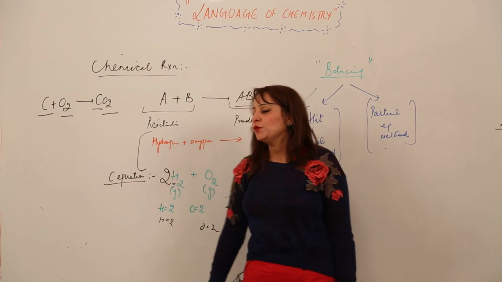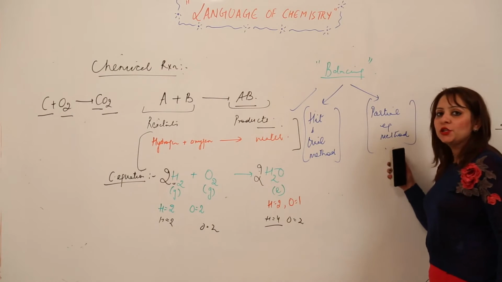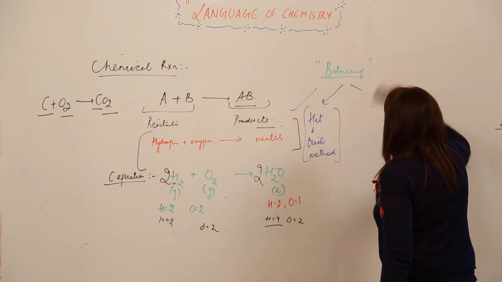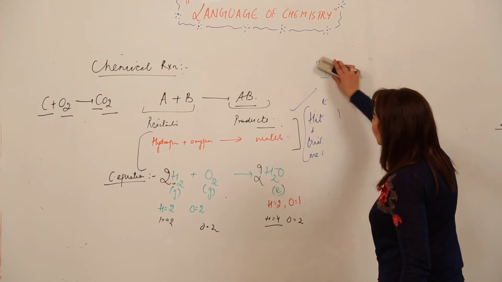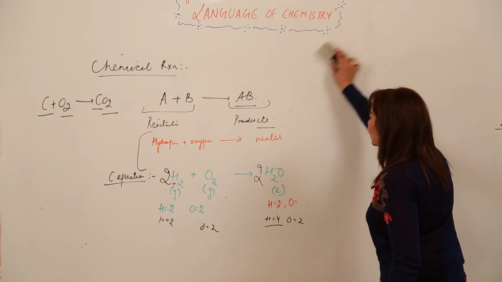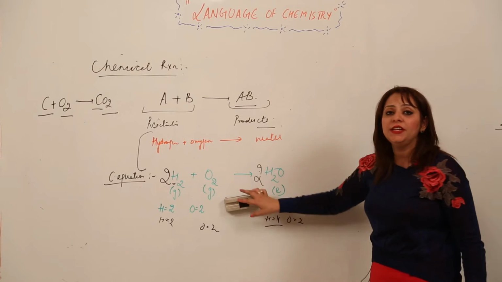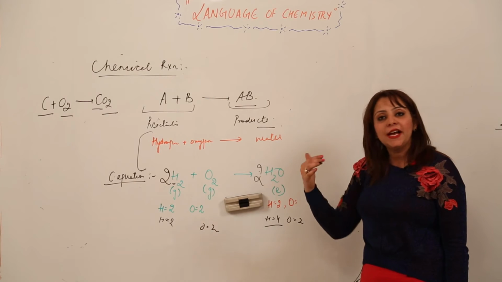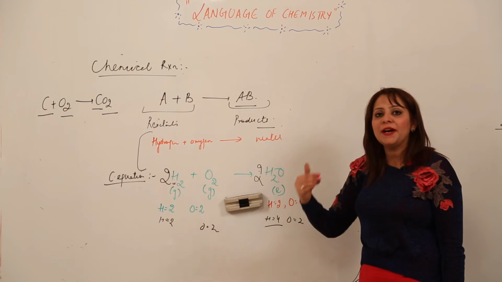The next method we are taking up is the second one, the partial equation method. Just look at the board to see how we can balance the reaction by using the partial equation method. For this you need to divide the reaction into various steps, because we need to balance the reaction in a partial way. We divide the reaction, balance the parts partially, and then